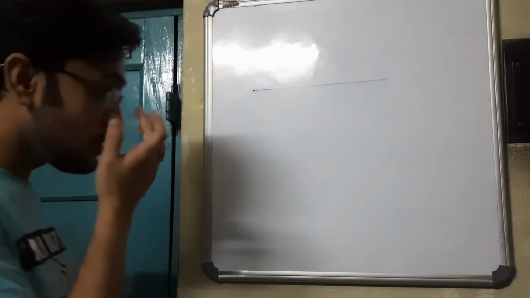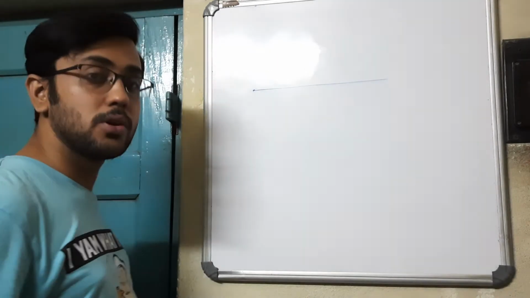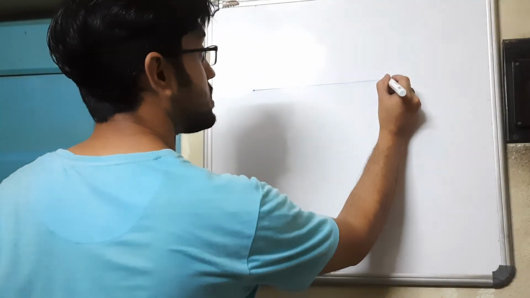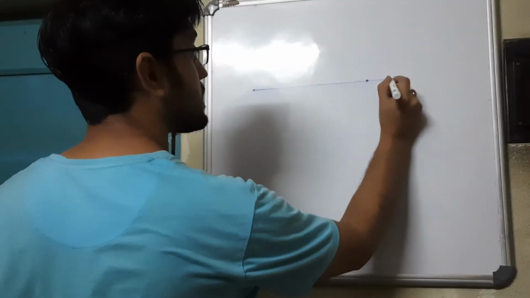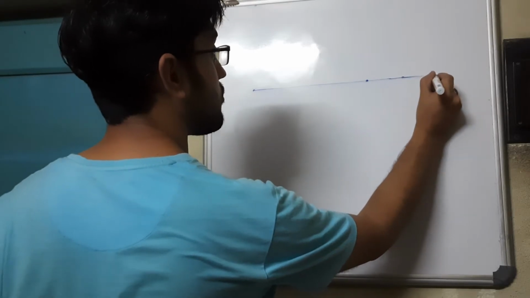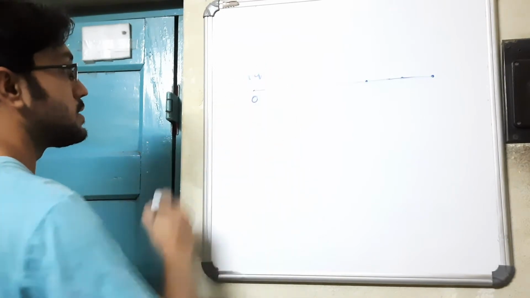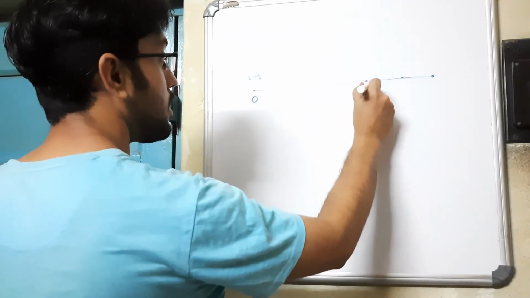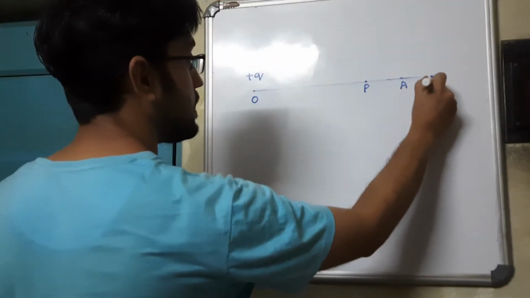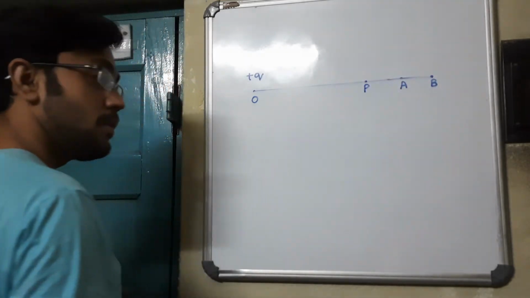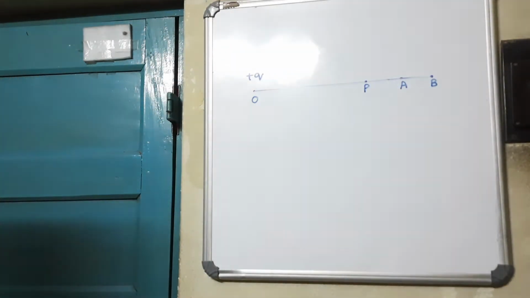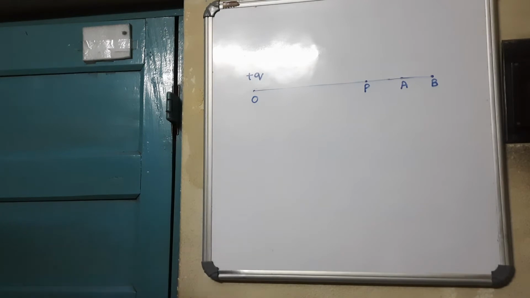Now that was the qualitative idea about the potential. Let us now get an idea in terms of an expression, that is, a quantitative one. So let this be a point O at which we have this charge plus Q. Let this be a point P, and let these 2 points be A and B. So Q is our charge which is producing the electric field. It's located at the point O, and then we have these points P, A and B.